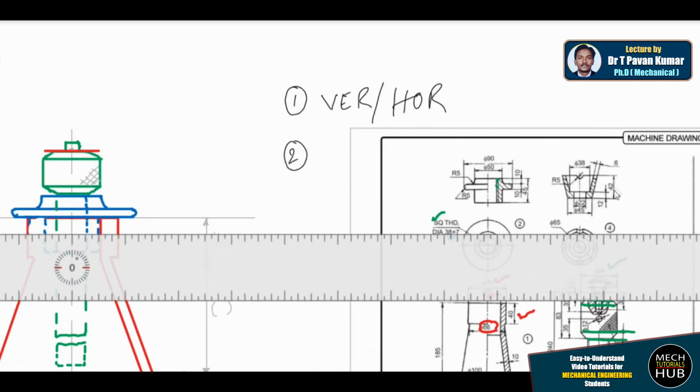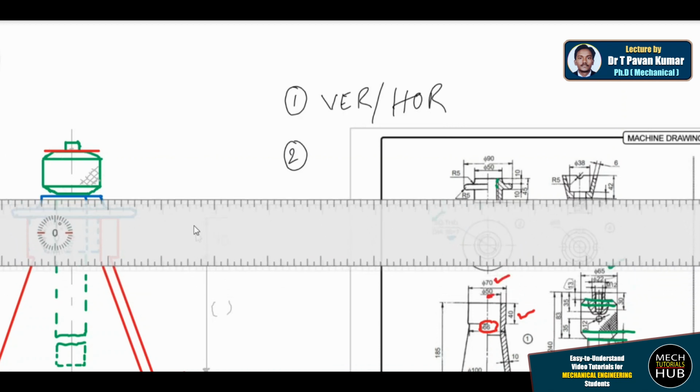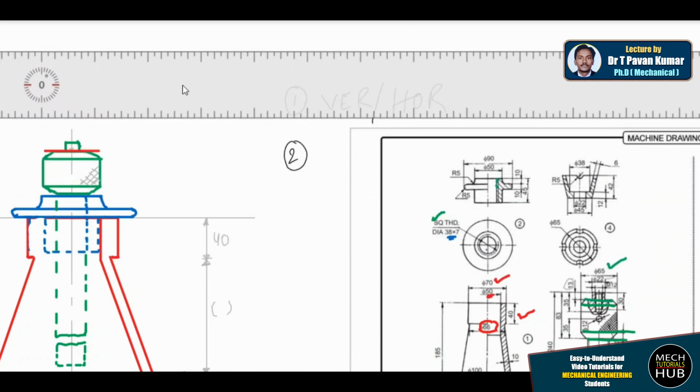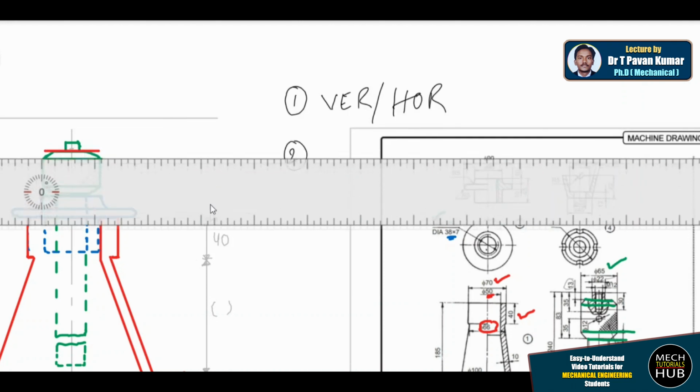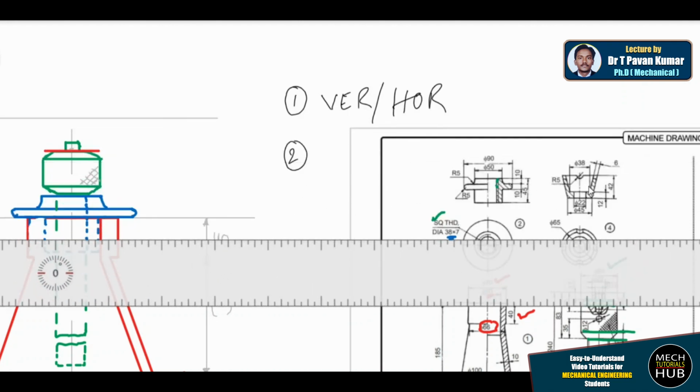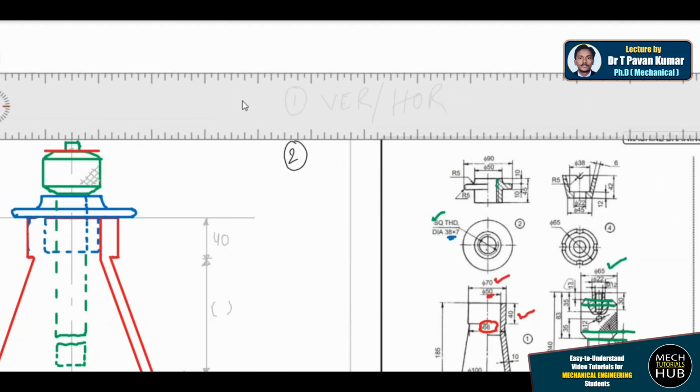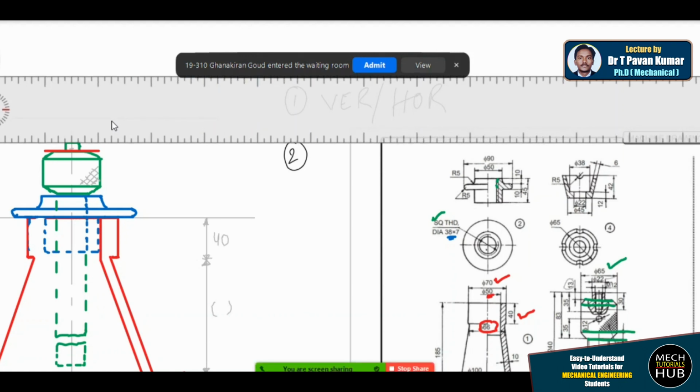And at a height of 42, there is one more line. I just consider this as 42 height, and let me draw a locus first. This locus will help me to drop these particular lines. It is maintaining a thickness of 6 mm. At some height there is one more width, which is 12 mm. This 12 mm I need to maintain. Similarly, other dimensions I have to maintain. 38 is also maintained here, so that 38 I'll place here, meaning this green line, this width.